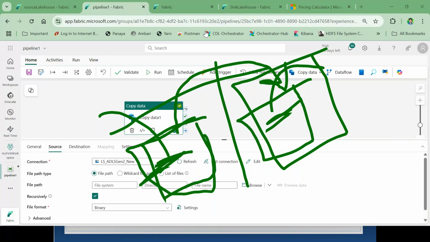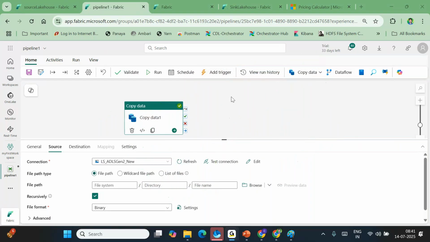Okay, sir. We can say environments also, like a dev environment, a test environment. In Fabric you will have a single OneLake. You will have a single OneLake team. But for Fabric also you'll have different environments. How to manage those environments, I'll explain to you tomorrow.